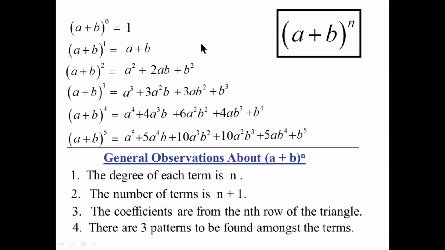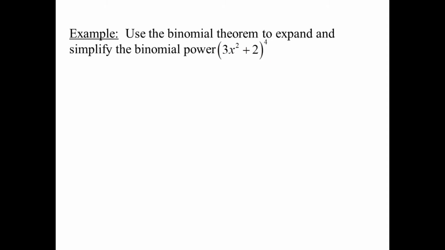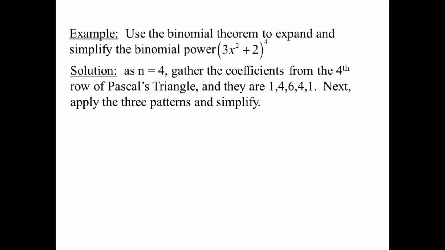Let's use this knowledge to use the binomial theorem to expand and simplify a binomial power. Okay, there's a binomial power, and we notice that A is 3x squared, while B is 2, and n is 4. We'll simply expand this now using what we know. Solution: